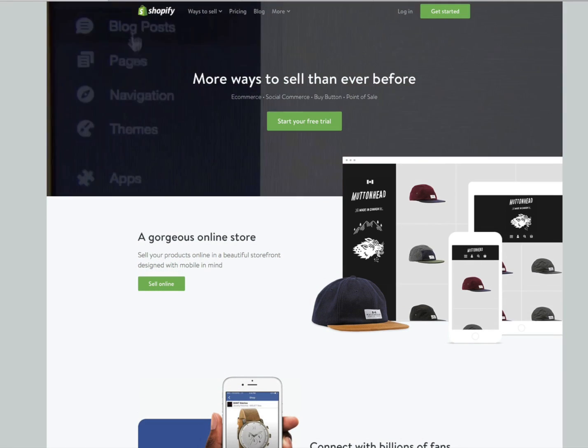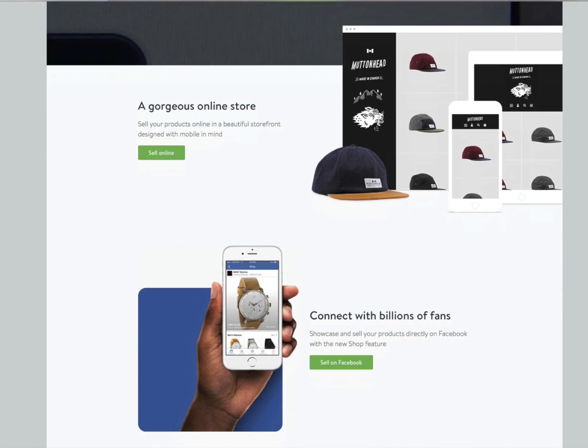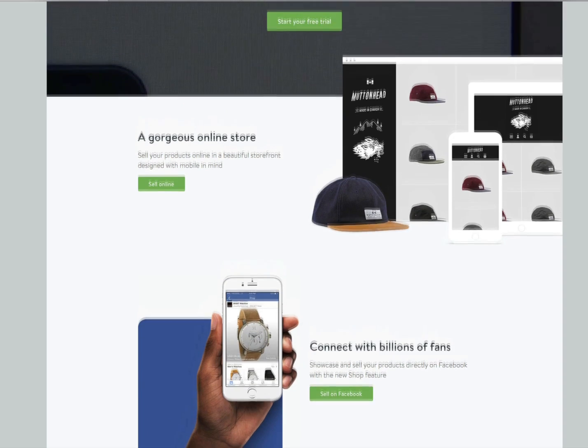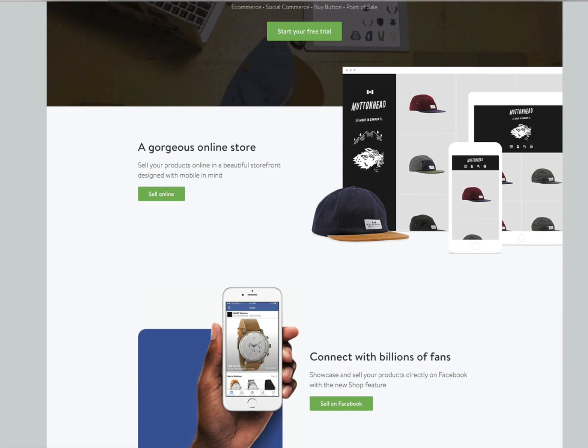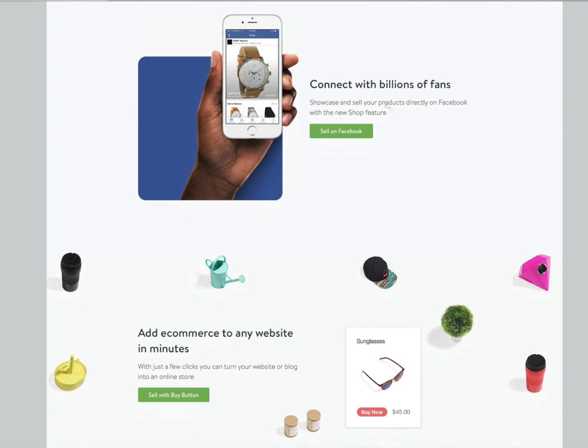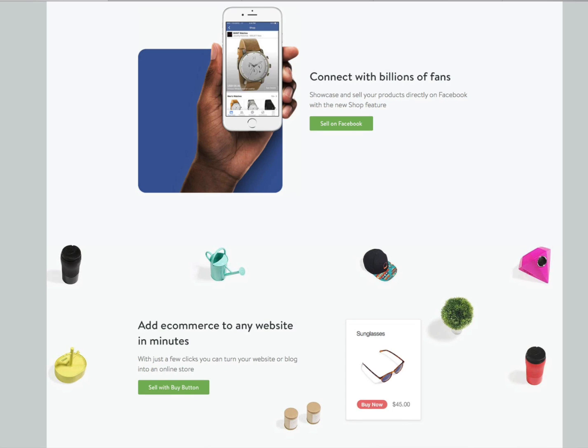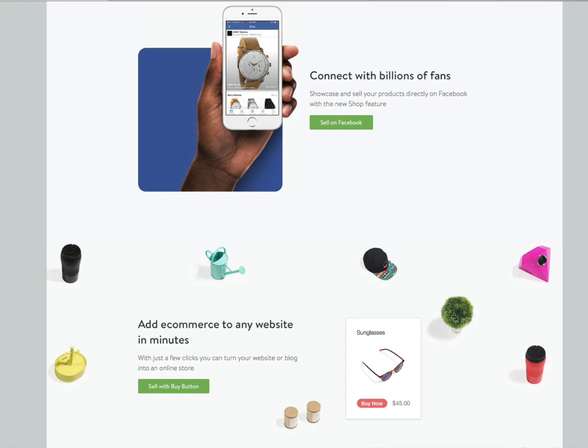Alright, now just so you can have a look, this is Shopify. Look, a beautiful storefront, designed with mobile in mind, which is great because so many people are using mobile phones to look at stuff and buy stuff. So you've got to go with mobile. And you can also sell through Facebook, which is a big deal, having a little buy button on Facebook. So you don't actually have to leave Facebook. You can stay on Facebook and click on the buy button and purchase something,